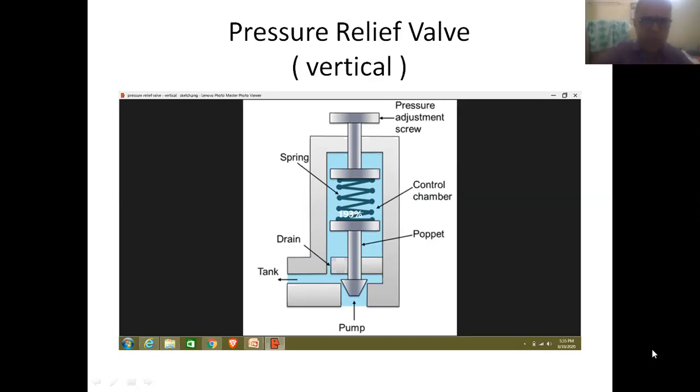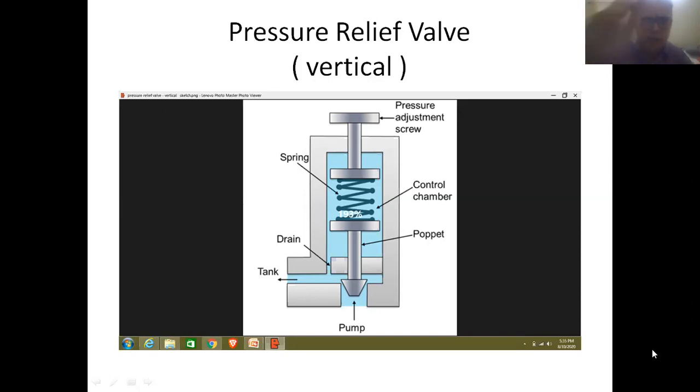So this is called the pressure port, and this is referred to as the tank port. And this poppet is controlled by spring action.